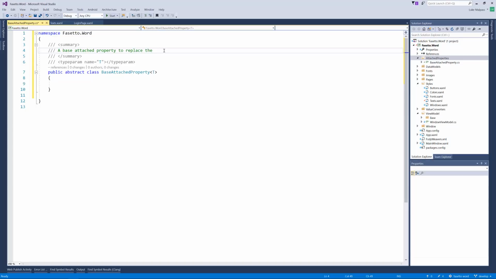We've placed the vanilla WPF attached property, and then this is going to be, in fact we won't call it T because you can call it anything, we'll call it parent. So the parent class to be the attached property,